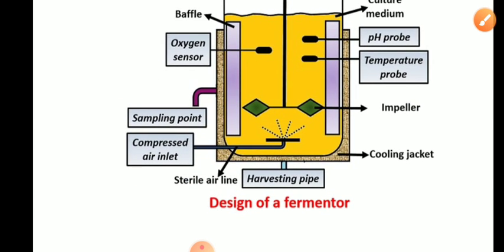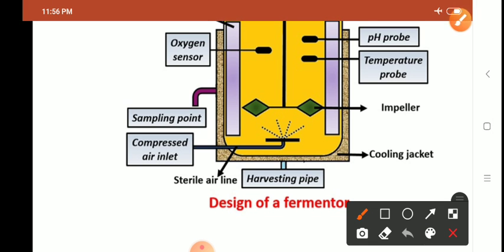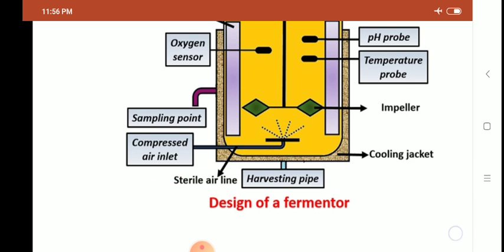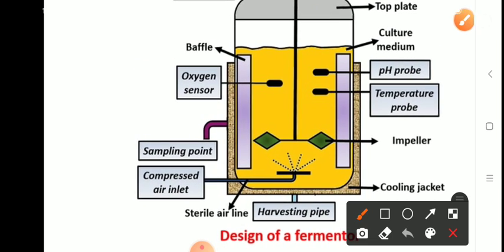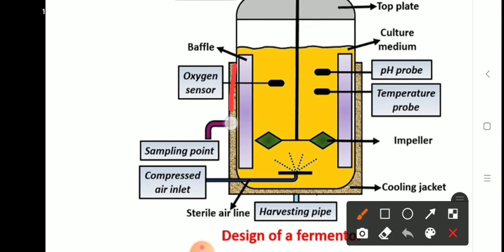At the bottom, there is an inlet from where oxygen or air is passed in, which we call an air sparger. Okay, so this is an air sparger through which air is introduced inside it, right? Surrounding the tank there is a cooling jacket, this one, through which cold water can be circulated